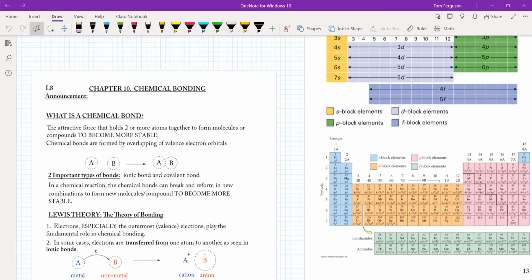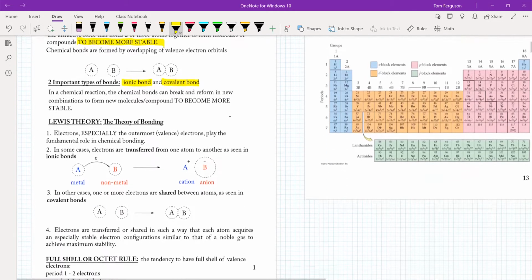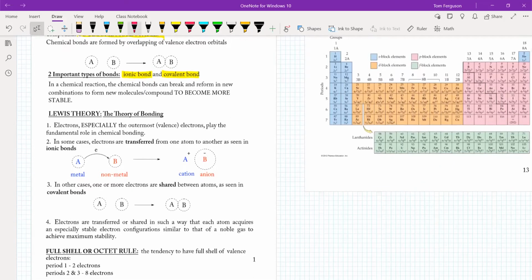So it's very important to understand, like my theme in this class is stability. So if they're not more stable coming together, they won't do it. Now, there are two general types of bonds. There's an ionic bond and a covalent bond. An ionic bond